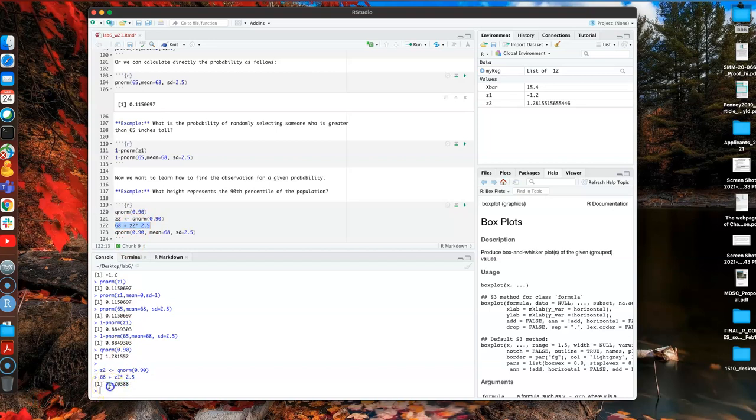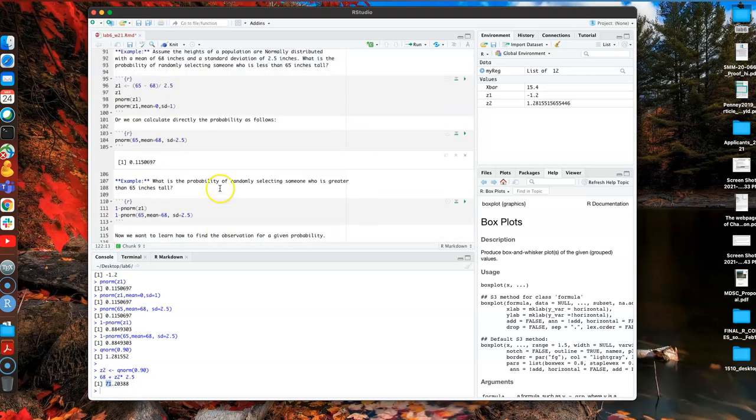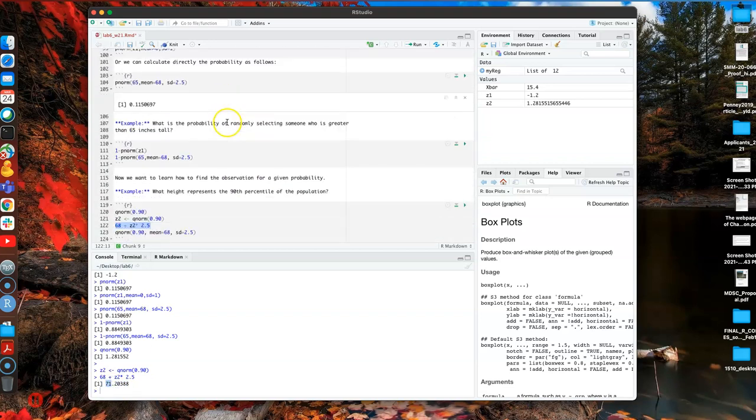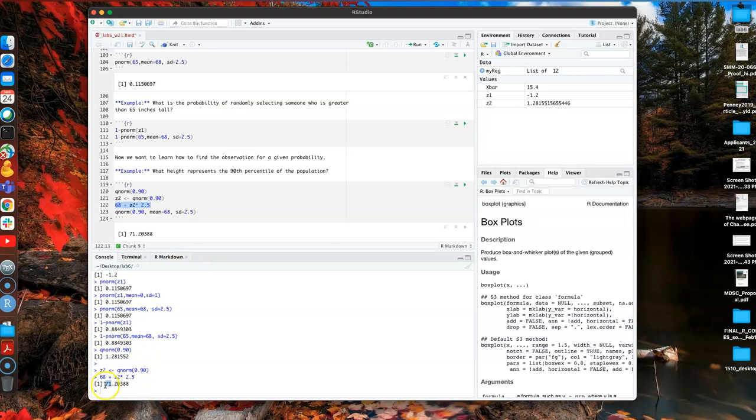In other words, 90% of observations in this normal distribution are less than this value. But you can do everything very simply by just writing qnorm,